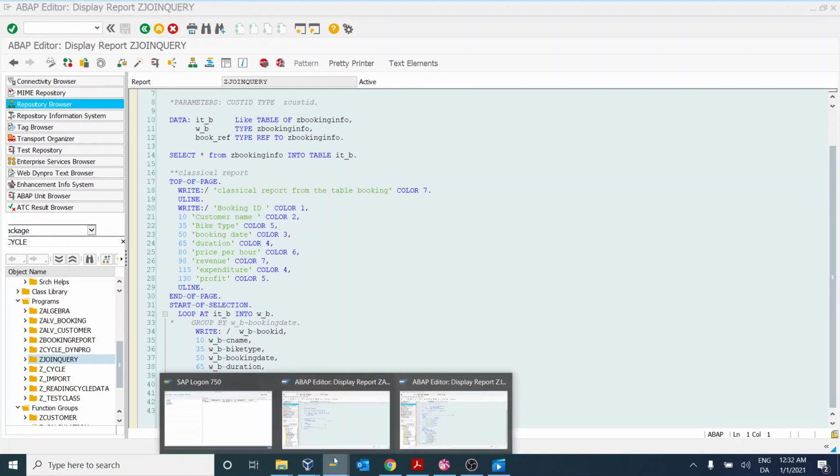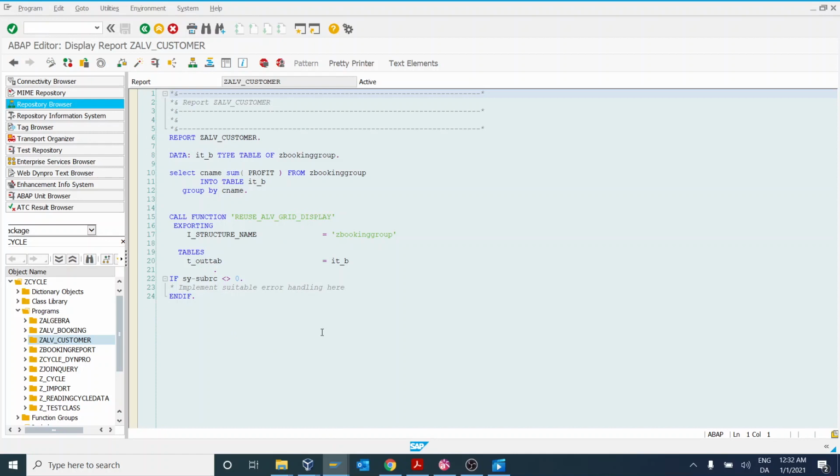There is another type of report called ALV reporting, and in ALV reporting we have to use a function. Some are ALV grid and some are ALV list, but we have used grid because we need sorting, calculation, and charts.